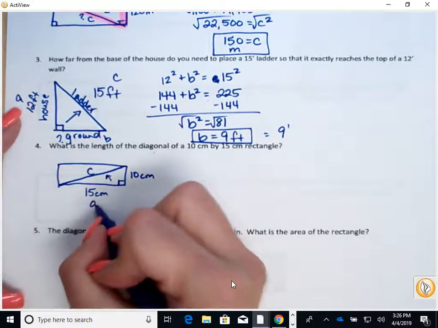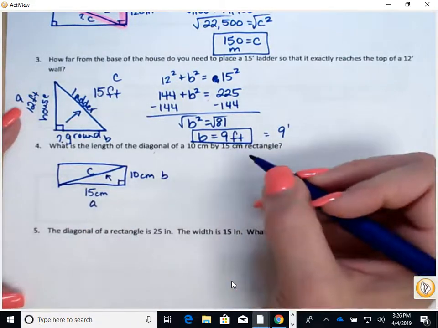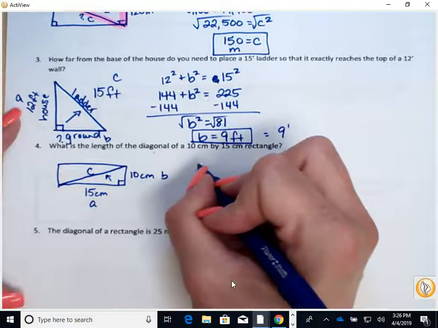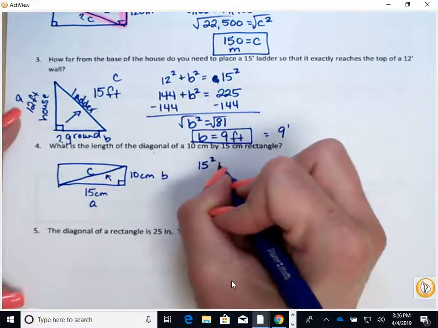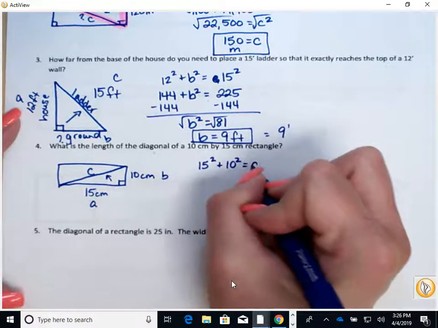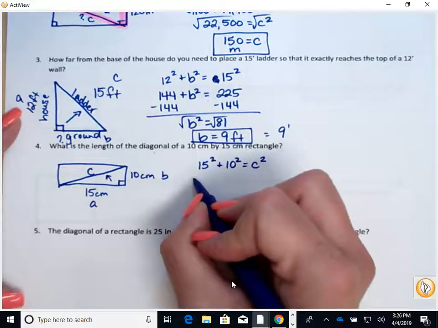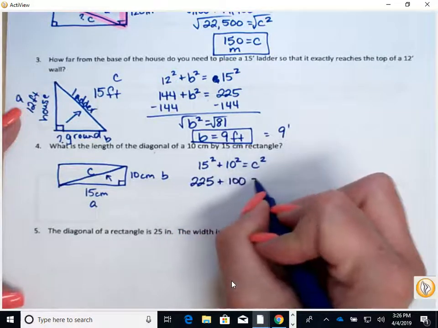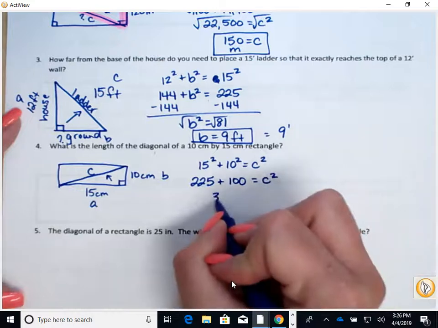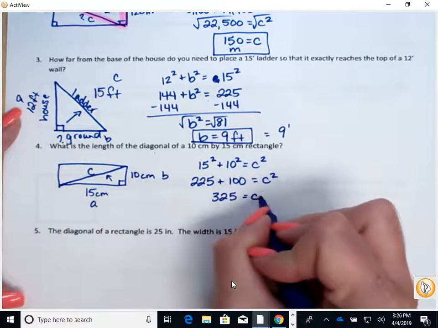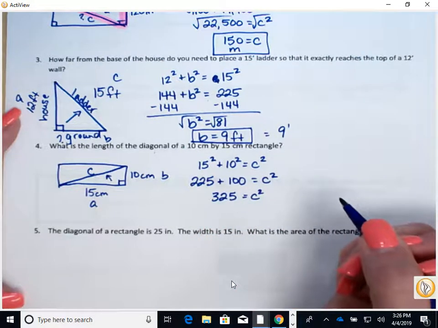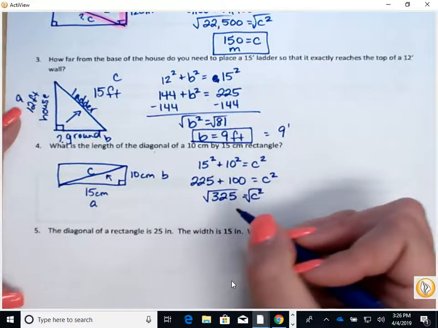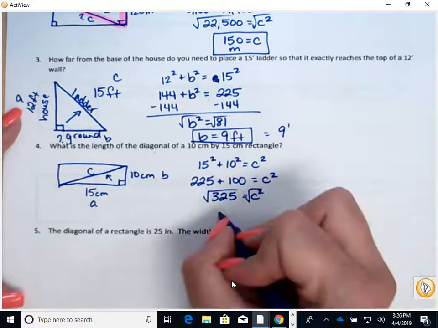I can call this A, this B. Plug them into the Pythagorean theorem. So we got A squared plus B squared equals C squared. So that's 15 squared plus 10 squared equals C squared. 15 squared is 225. 10 squared is 100. Add them together, we get 325. Take the square root of both sides. And I get 18.03, so I'm going to put it